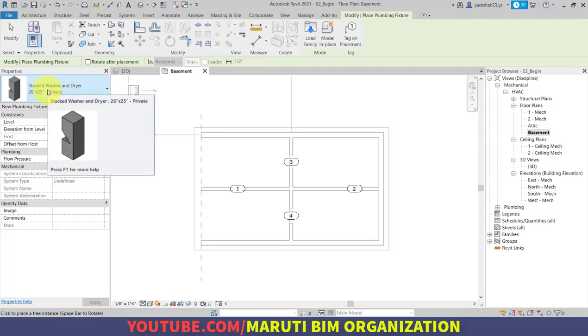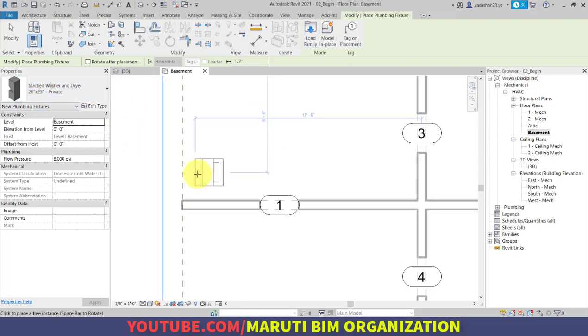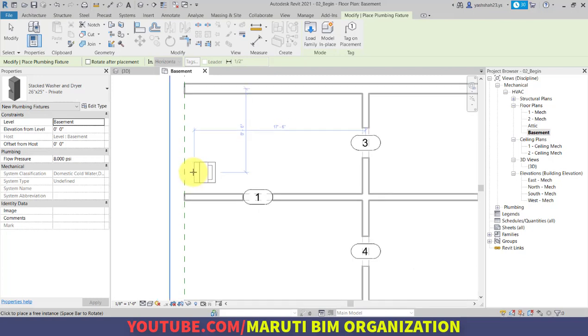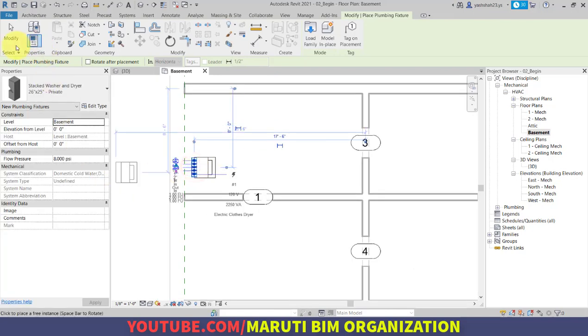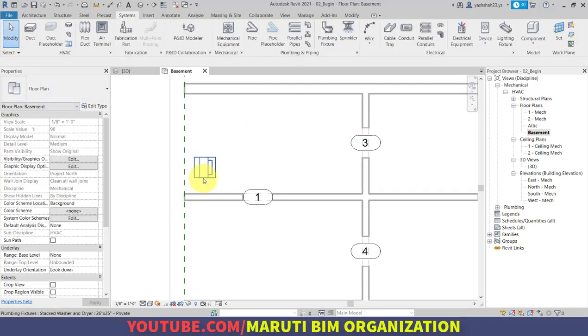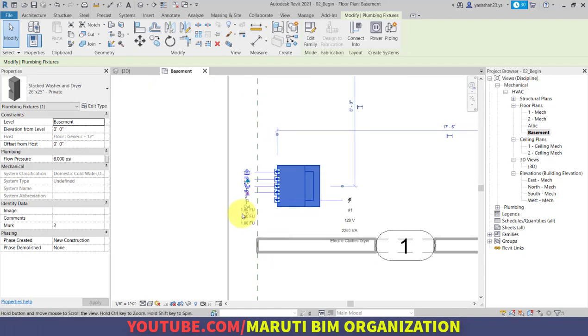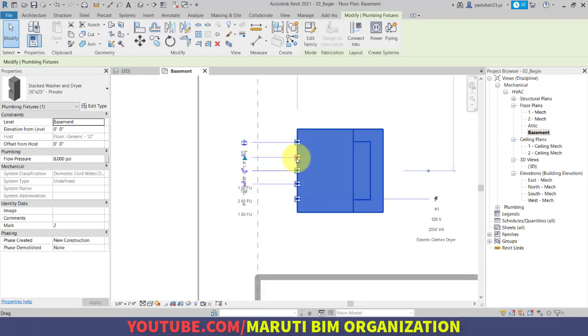By default it shows a stack washer dryer, 26 inch by 25 inch. So first of all I want to place this stack washer and dryer. Click, and after clicking select the washer and dryer and make sure your position is correct, because here it is all about the supply.